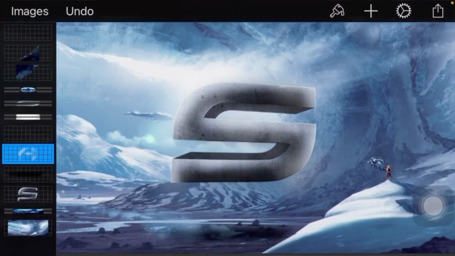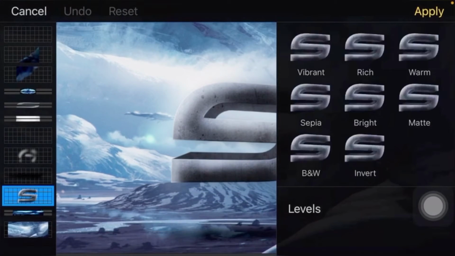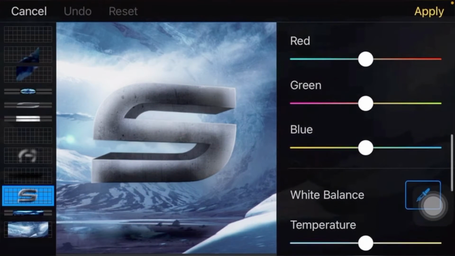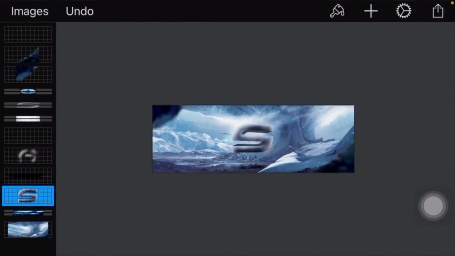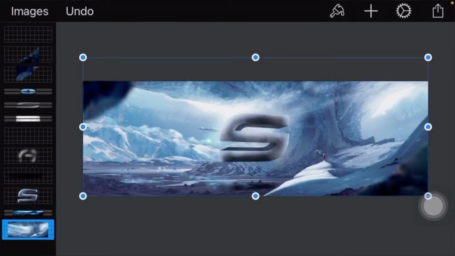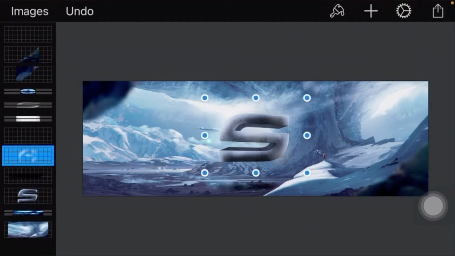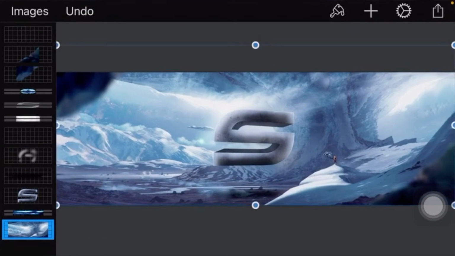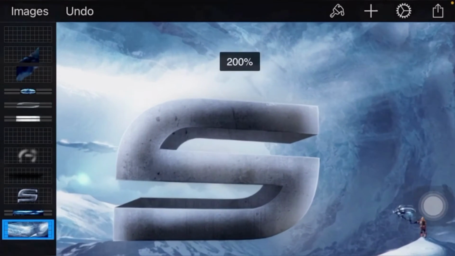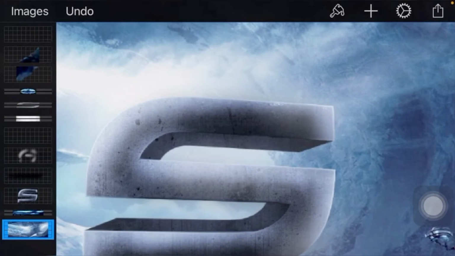And we're just gonna click on our logo again and make it a little bit bluer, because I don't think it's blue enough, and obviously it's a colder background, so we're gonna need it a little bit bluer, just like that. And again, if you want to make a better background, you can, but for this one that I made, I just focused on the logo mainly, because the logo is kind of hard for me to make, and I really enjoy making the logo. So yeah,